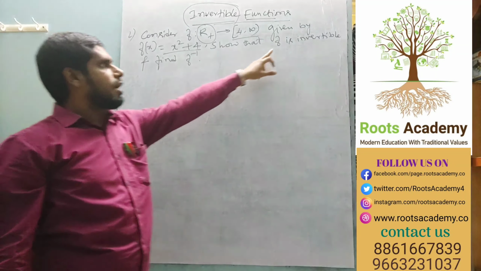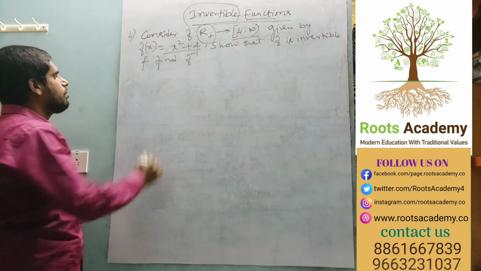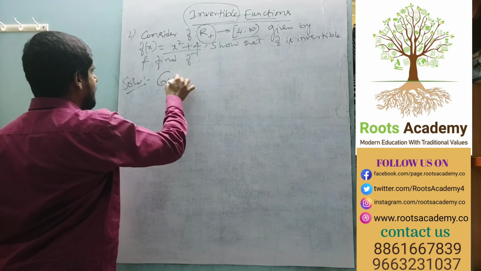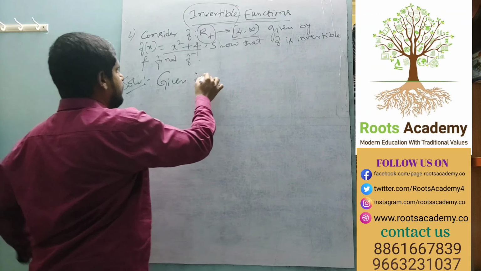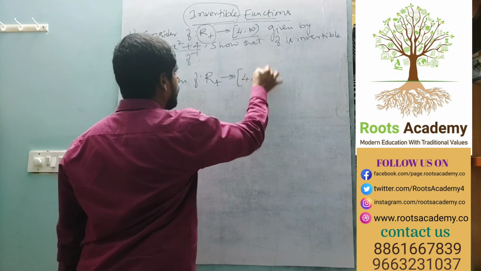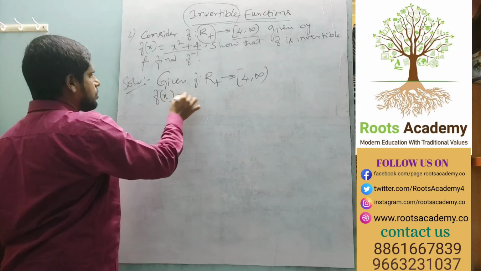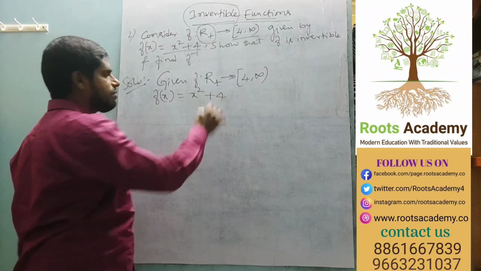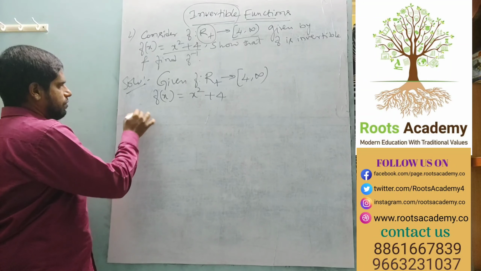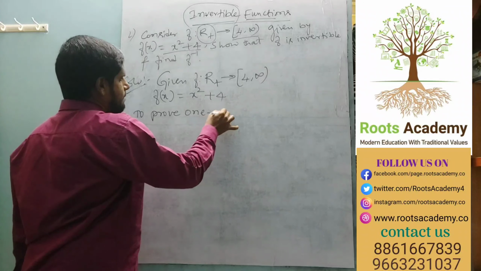Okay. Since we need to show it is invertible, I will use the help of one-one and onto. Solution. Given f from positive real numbers to the closed interval [4, infinity) and f of x is equal to x square plus 4. It's a quadratic equation. First, one-one. To prove one-one,